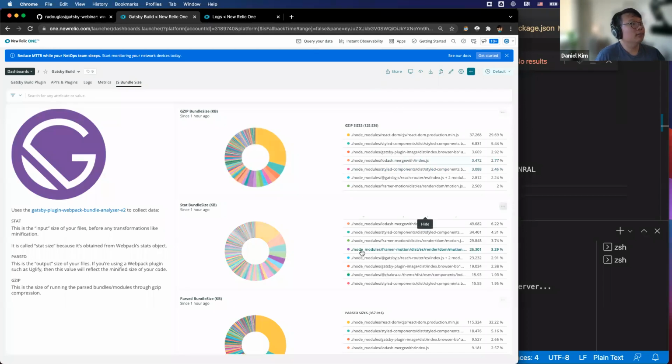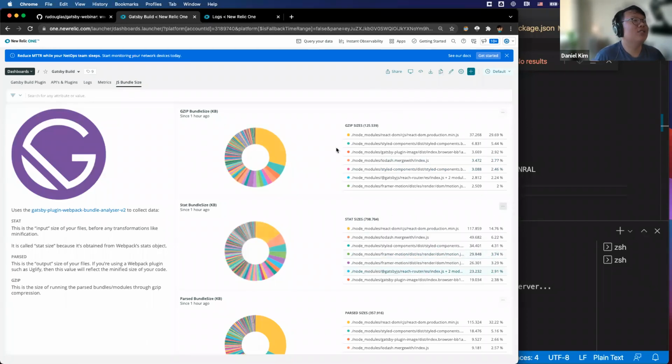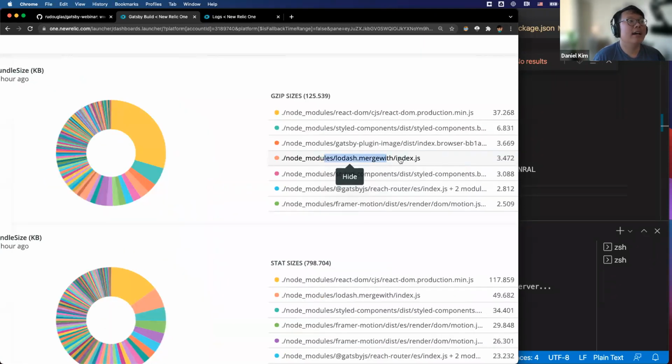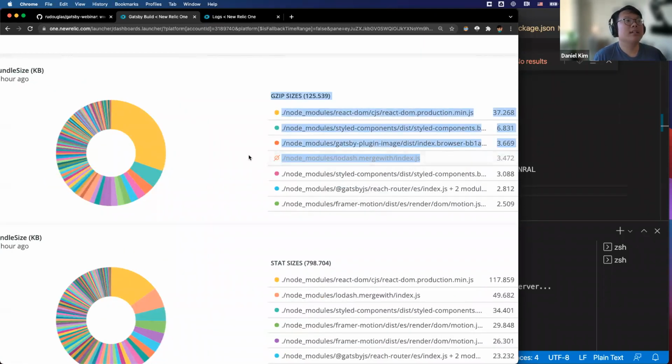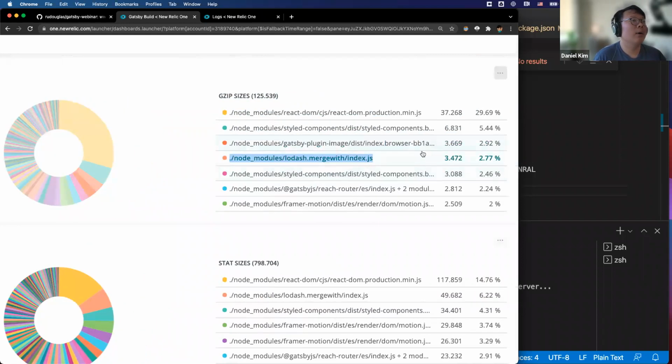So what this handy dandy thing does is it actually lists the size before compression, after compression, and during compression. It actually can break down the size of various parts of your Webpack. So if you're not using a particular thing, for example, I took out Lodash in my app because I wasn't using it anymore, but it's still in our Webpack build.